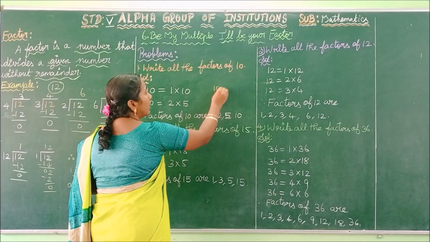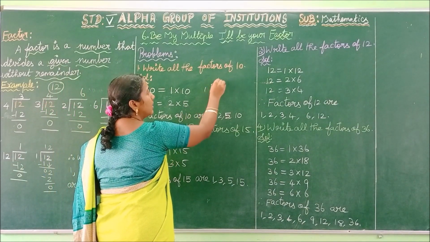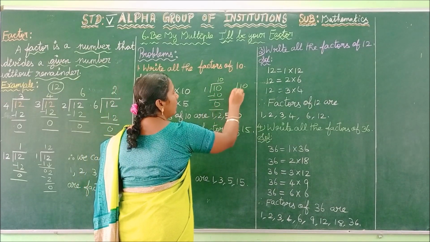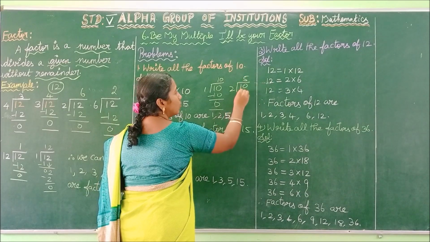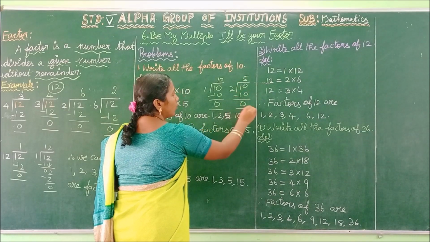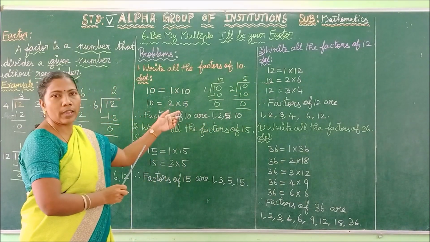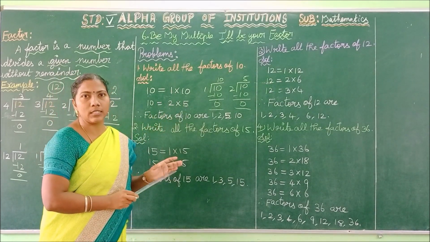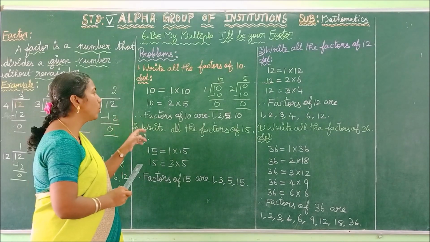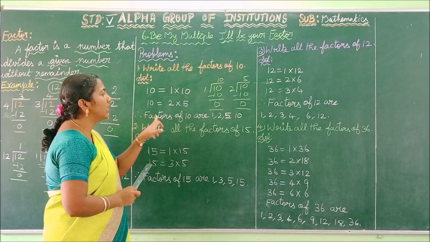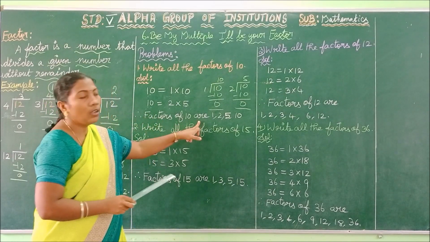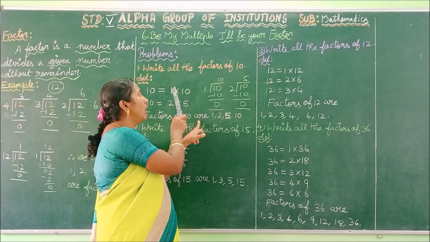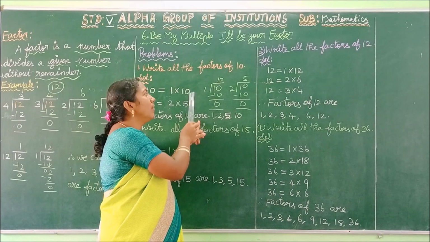If you divide 10 by 1, in that case you will get the remainder 0. If you divide 10 by 2, in that case also you will get the remainder 0. Similarly for the other numbers also, 5, 10. Okay. So we call these numbers factors by the definition of factors. So we are concluding: therefore, the factors of 10 are, you have to write the factors in ascending order. So write first 1 and then 2 and then 5 and then 10.